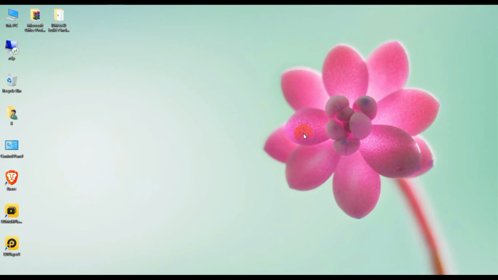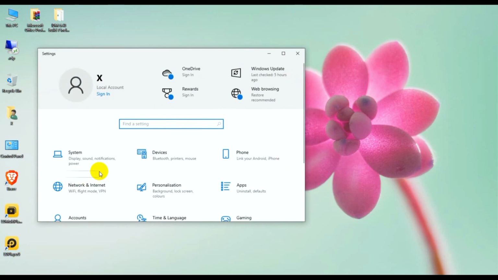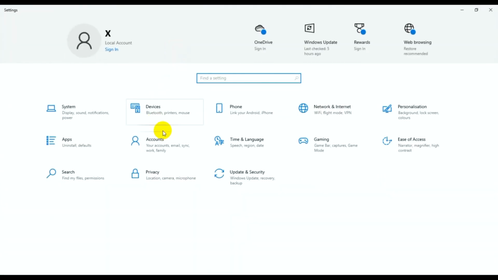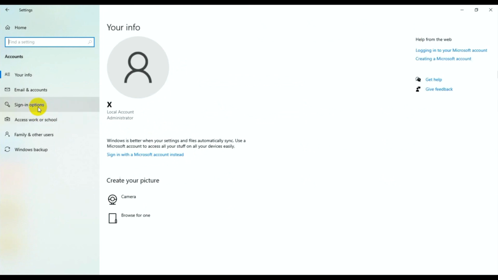Today I'm explaining how to remove your laptop login password. Windows 10, how to remove login password. So now click on the start button and click settings. So open settings and I click accounts and click sign-in options